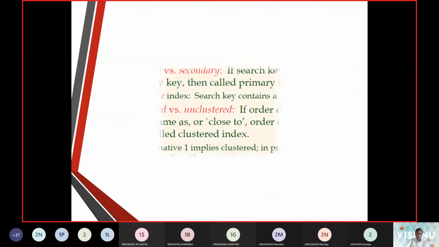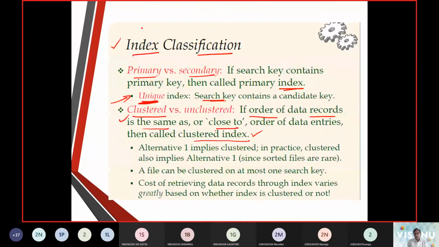So what a clustered index was: in the index, the items are going to be in sorted order, that is key takeaway number 1. The second takeaway was that the order of entries should be the same or close to the order of the data. Now we are fixing this in the form of a clustered index. If it is violating this rule, then we say it is an unordered group, and we call the item unclustered.